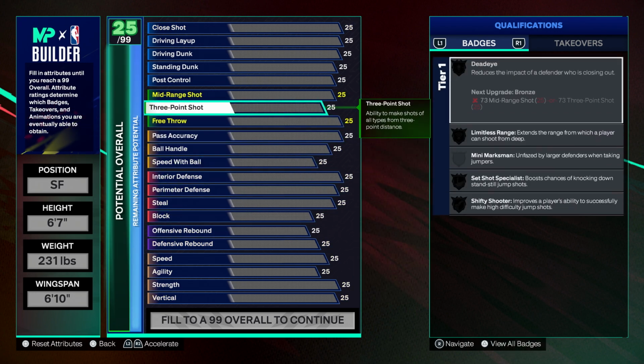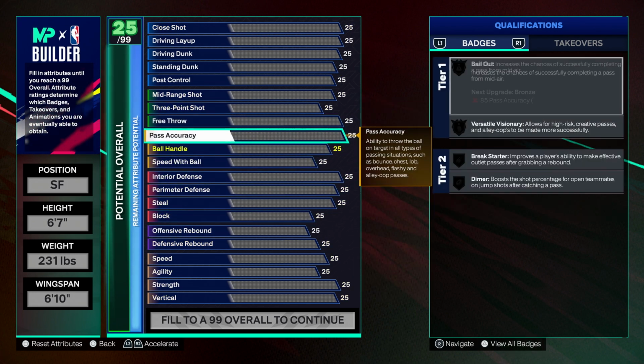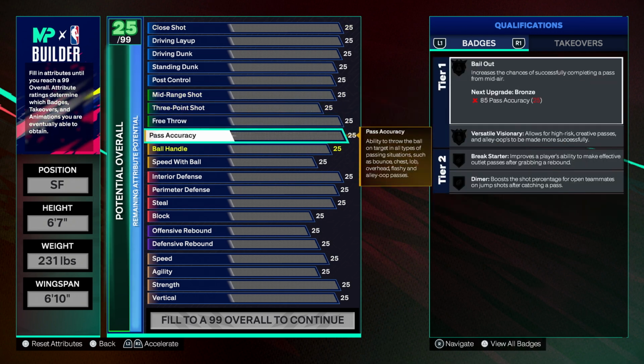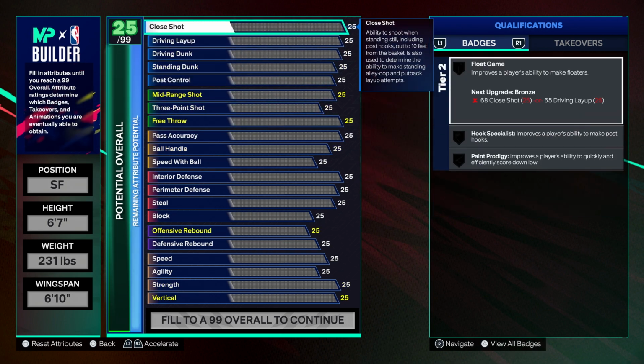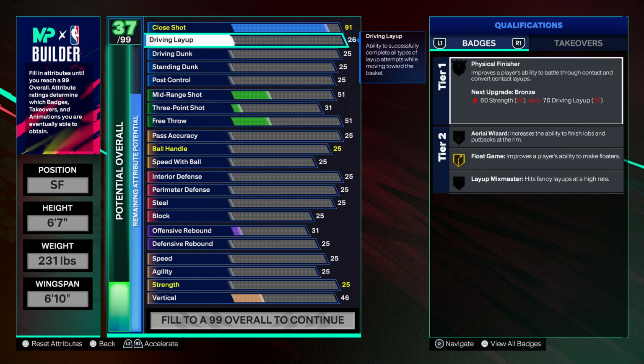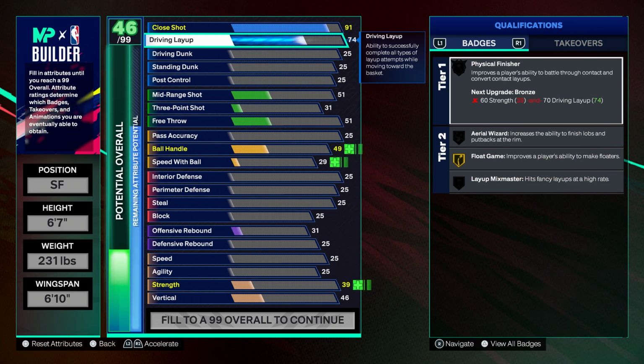I think everything else you could play around with the thresholds, but those are like a couple sets that you have to have on the build in order for you to get the name all-around star. So do keep that in mind if you do want to tinker around with the build. But to get into the build's attributes, 91 close shot, 75 on the layup,